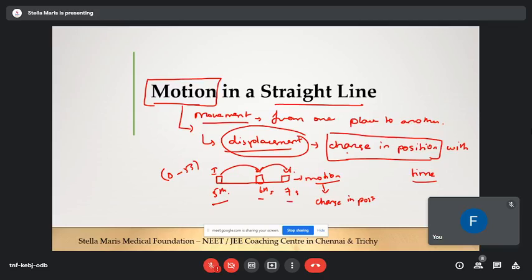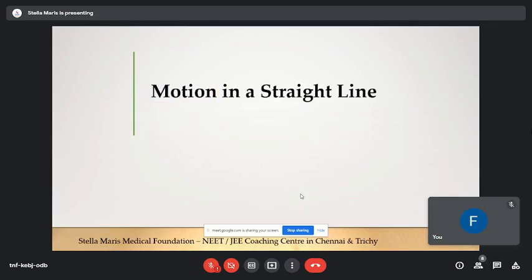We can say it is motion along a straight line, or motion in a straight line. In other words, it is rectilinear motion. And when you are calculating or describing the motion of an object moving along a straight line, we consider that object as